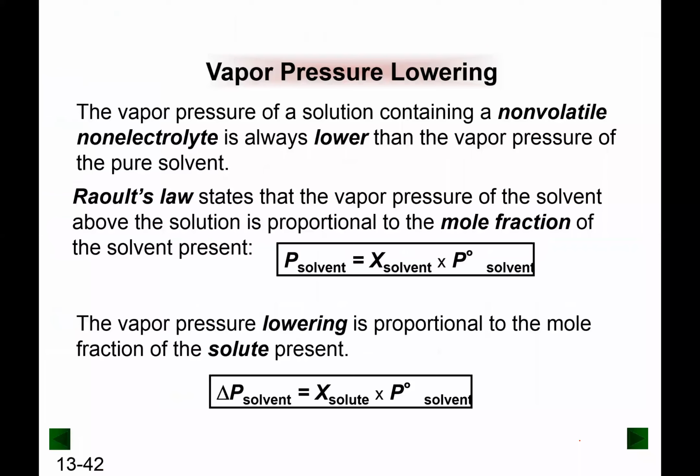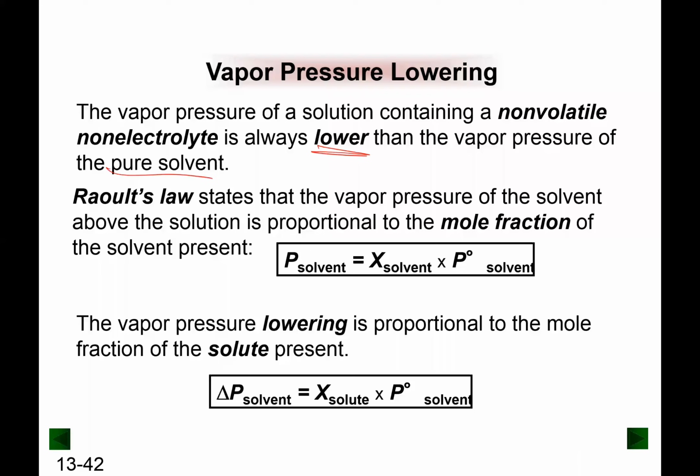Now remember, non-volatile simply means that the solute basically does not go into the vapor state very easily. It does not evaporate very well. That's what we mean by non-volatile. And a non-electrolyte, of course, is something that does not contain ions. And so the vapor pressure of a solution containing a non-volatile non-electrolyte is always lower than the vapor pressure of